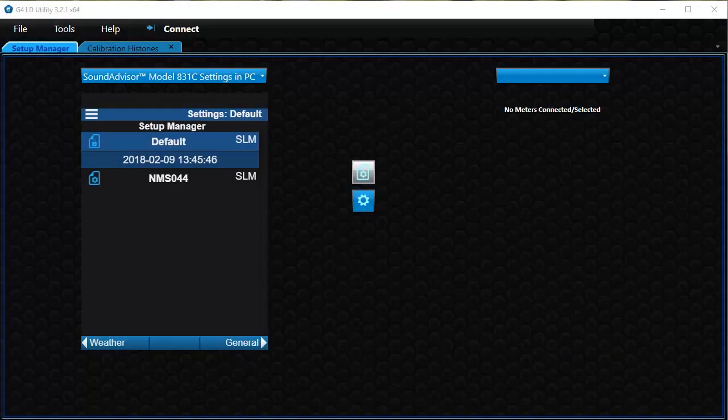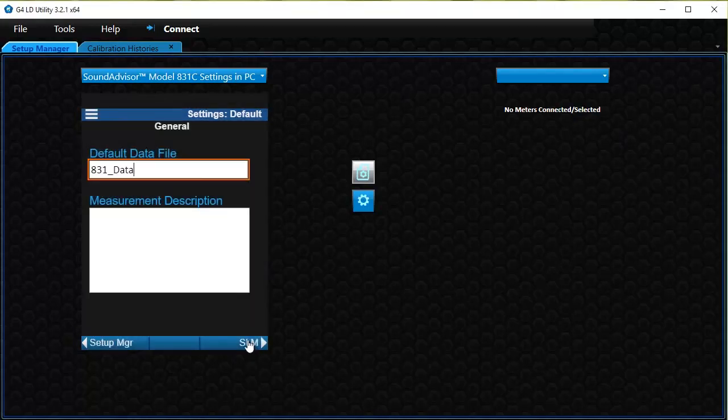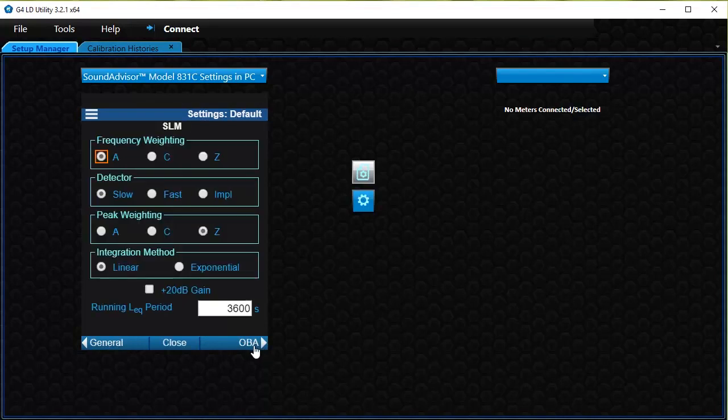I'm setting up my 831C to make sound recordings, but I'll also set up the meter to collect some data at the same time. First, I'll name the data file loon. Then I'll move on to the SLM page where I'll choose to look at A weighting, which is the weighting